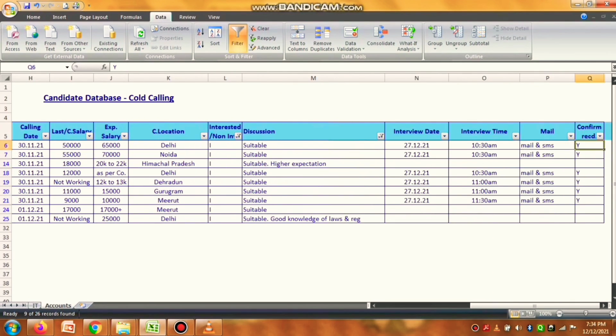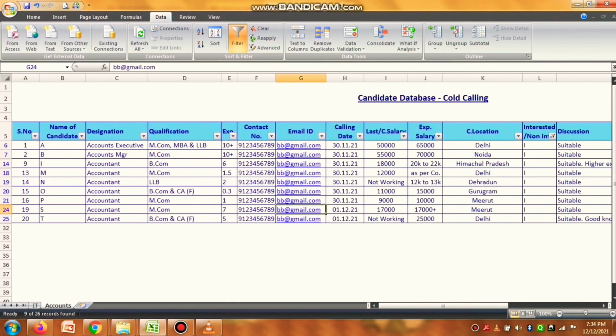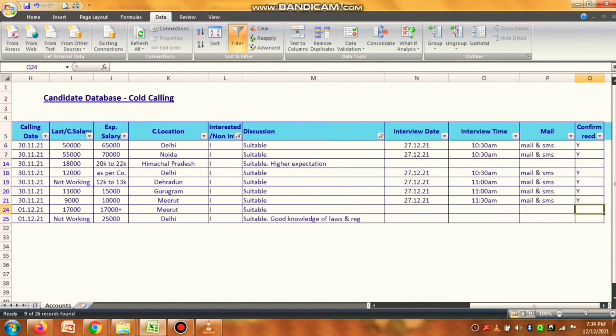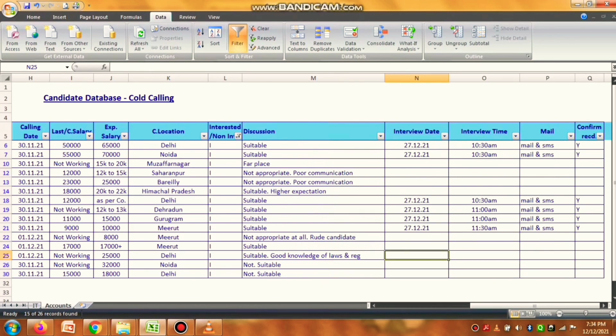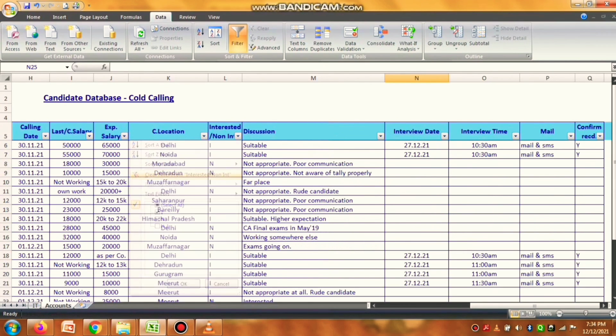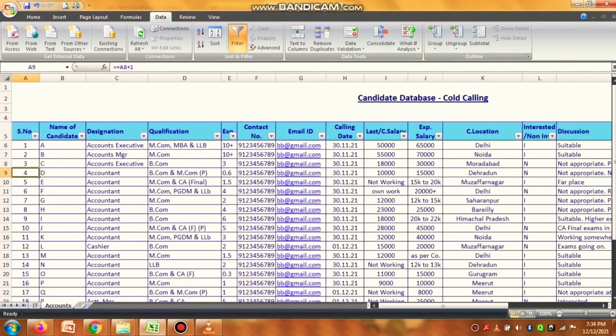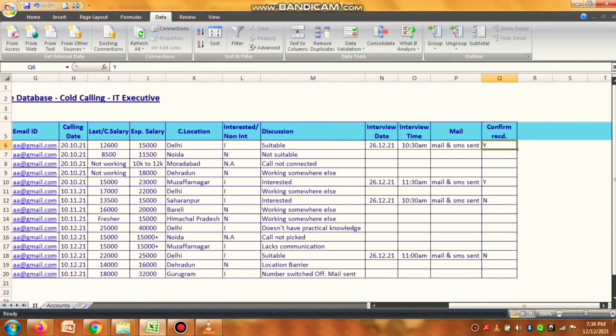So you can apply different kinds of filters, and you would be able to get the results, and you would be able to understand how we can do it in a better way. Now same way you can apply different kinds of filters. You can do so many things in it. This is just an example sheet which I used to prepare, because this makes my work very understandable even to me and to my managers, and it helps to make reports also. It helps to filter the candidates fast.